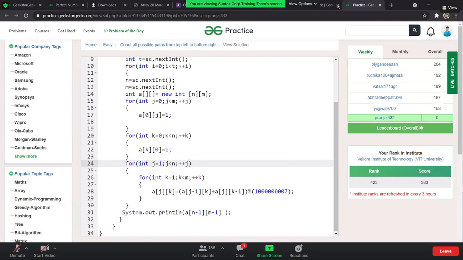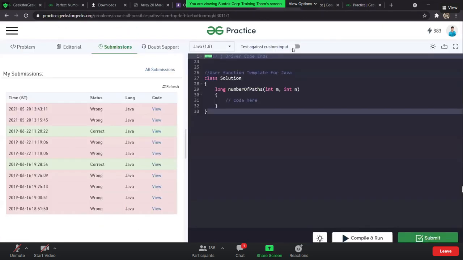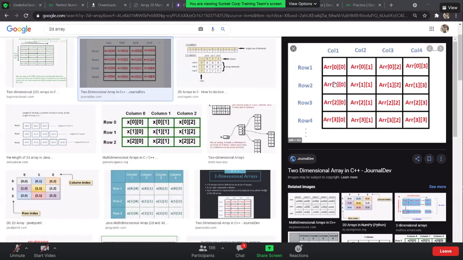Okay. So how exactly are we going to get here? If you have a look over here, how exactly are we going to get this? Here I have one, here I have one. How many ways can I reach over here? Two. Now I have two over here. I'm creating a matrix in which each particular column and each particular row represents how many ways I can reach that point.